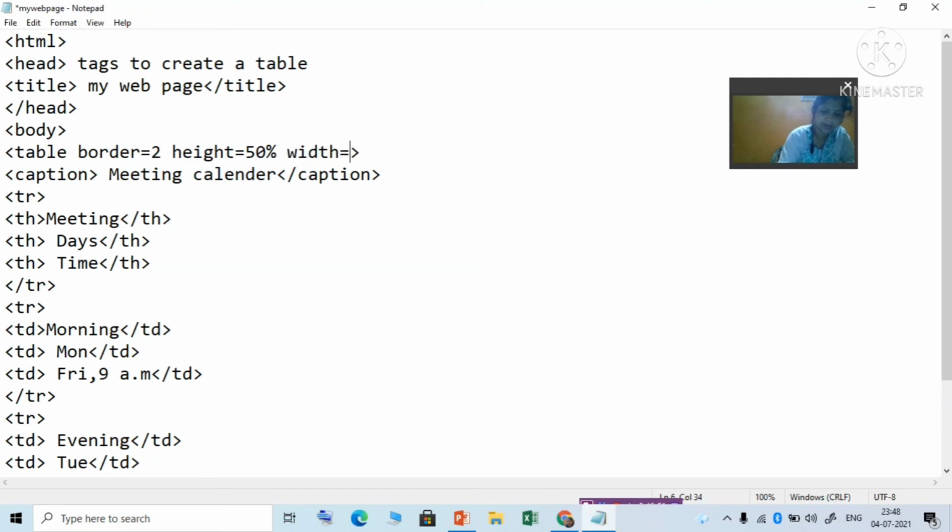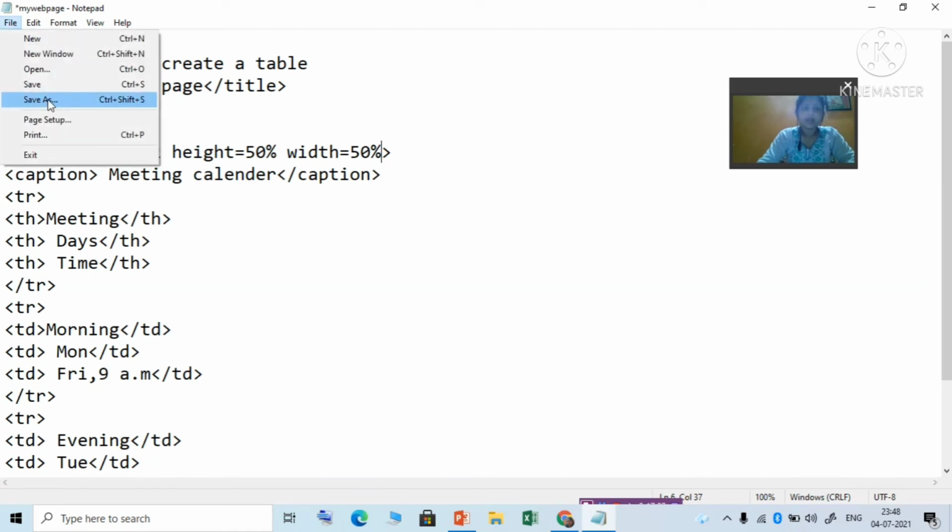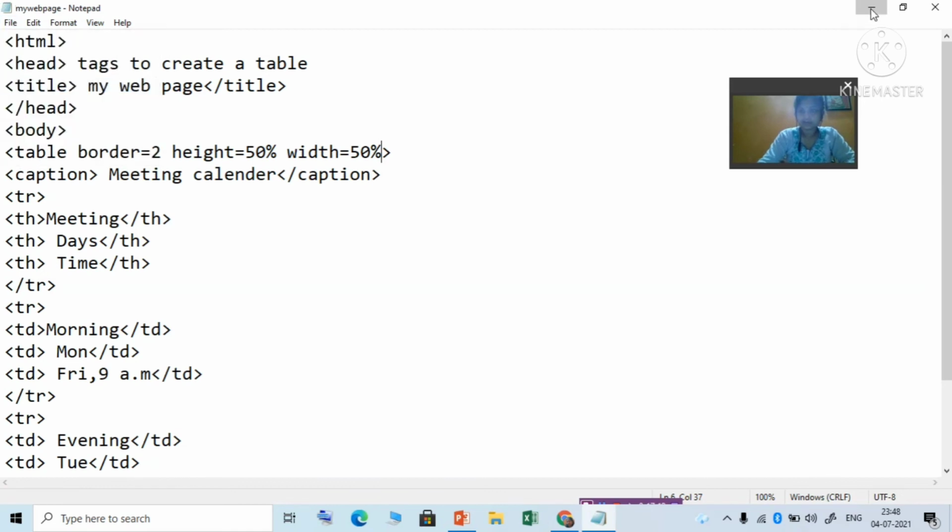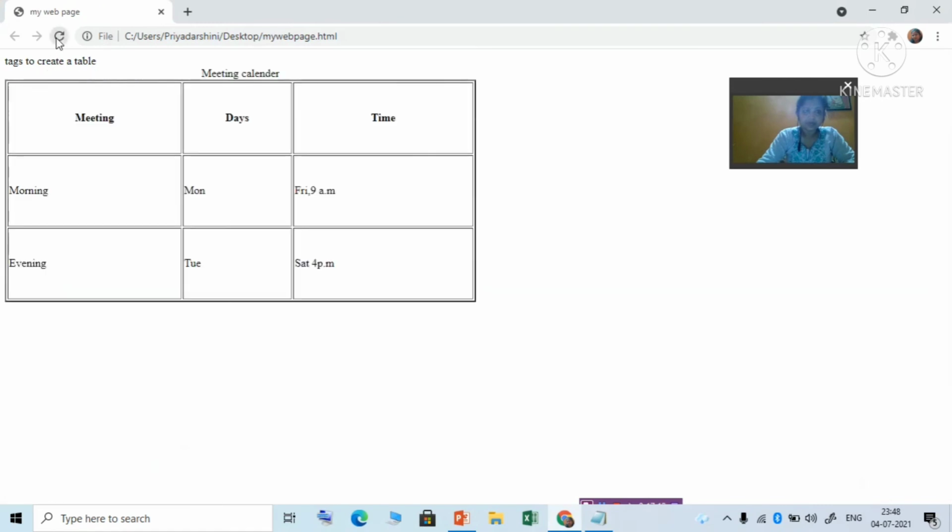I have given 50%. If you want, you can give different values for height and width, say height 60, 70, 80 as you can do. Width does not always have to be the same as height. As per your requirement, you give the height and width. Okay. Refresh it. See, the table will be a big table.